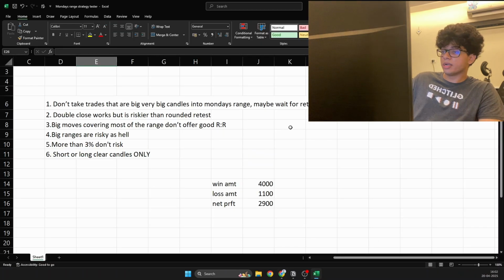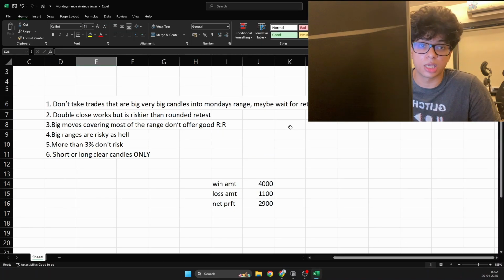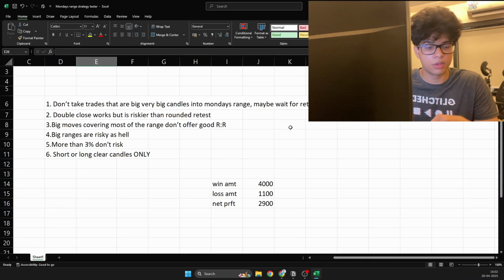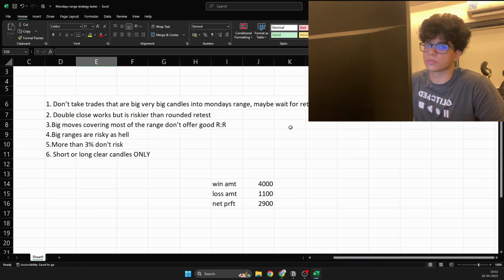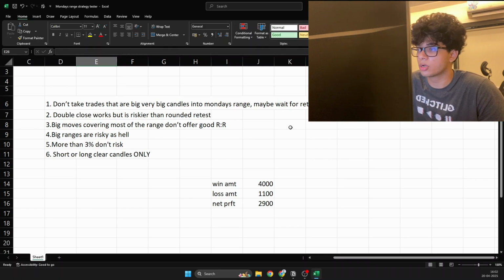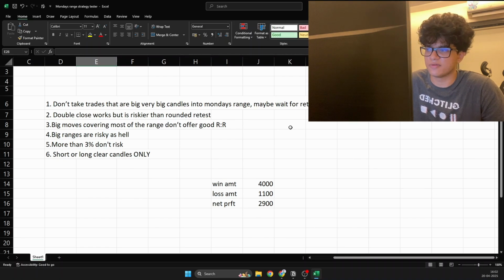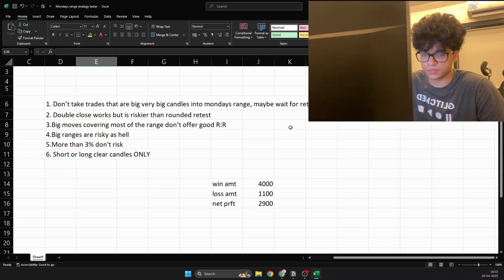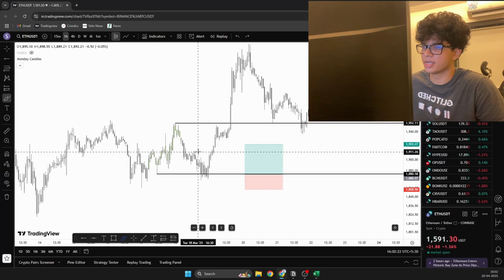Also, one more thing, the Monday's range trade is applicable only for the week. If the week's over, you should probably cut out that trade. That's what I think, right? So double closes work, but it is riskier than rounded retest. I have a whole video on double closes, and the basic premise of a double close is